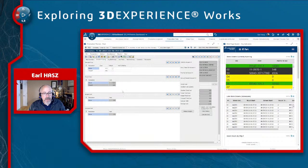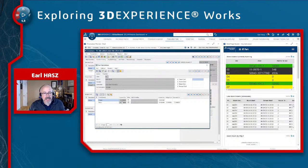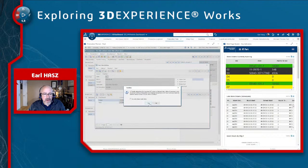Yeah, so let's consider that this is the same polyurethane that we had earlier, and at the moment I've got the cost that I last purchased that material at. But if I go in and calculate the cost, I can identify what the future cost is going to be. Not only that, but if I've received new materials, new price values, I can go through and recalculate against all of the different products that material is used in, whether it be resin in this case or sheet stock for my calf example, whatever that happens to be. I can recalculate, and it will then apply an update against my data, so I can roll that cost up into all of the items,